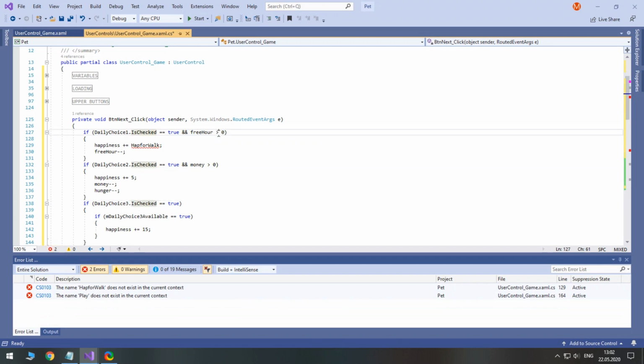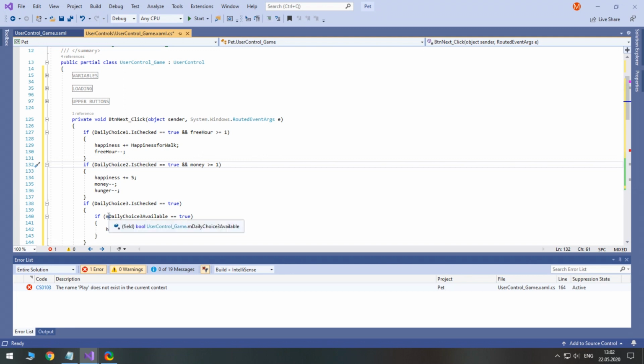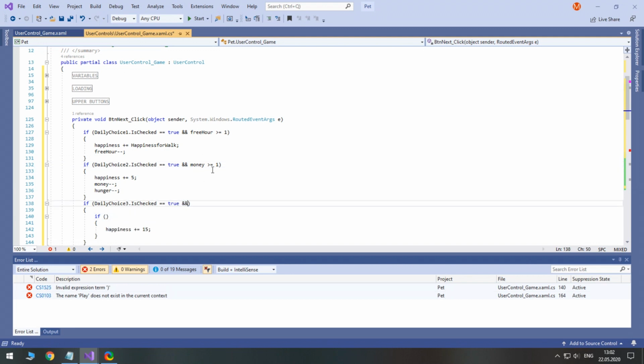Bigger than 0 is equivalent to bigger or equal to 1. Instead of making one if inside another, we can combine them using two ampersand characters.